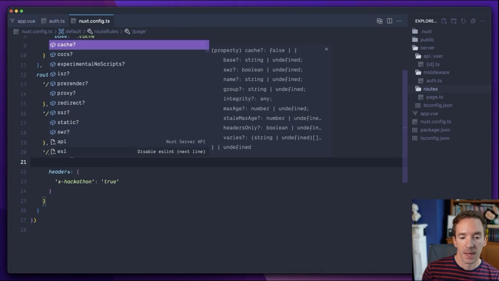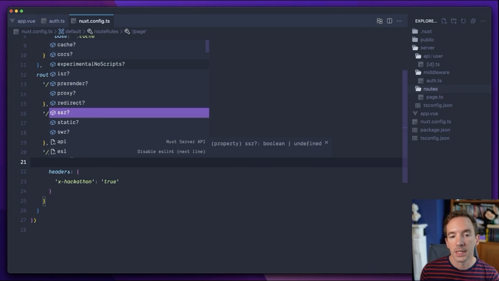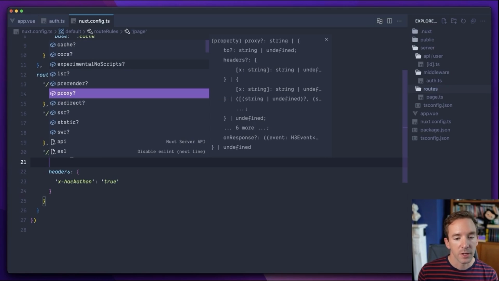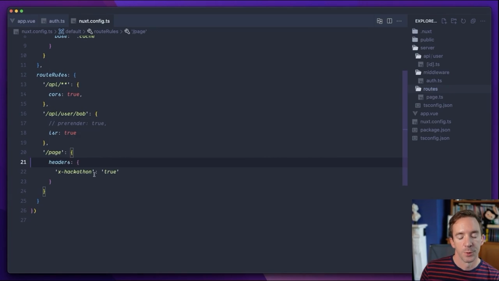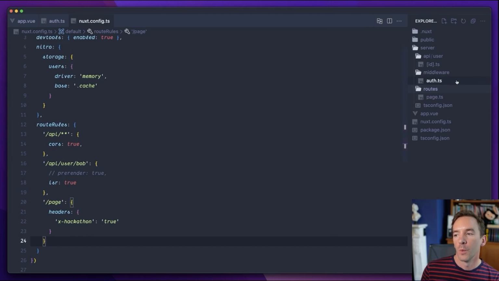And there are many, many more options that you can have. Some of these are specific to Nuxt, and some of them are Nitro related. So we have the possibility of a redirect. We have the possibility of proxying entire endpoints. So there's lots and lots of things you can do with route rules. I'd also like to cover another very useful thing that you can do in your